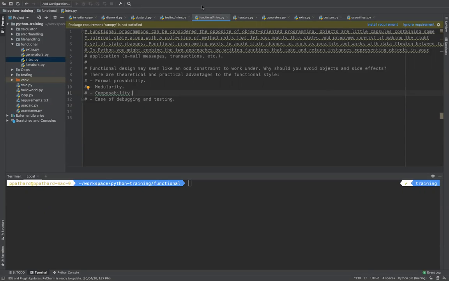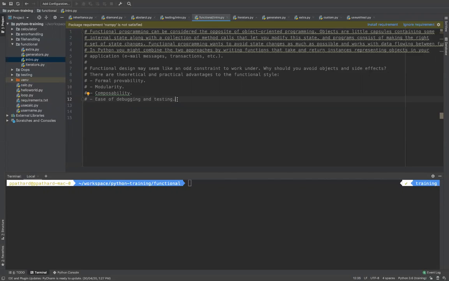So Python can be used in three ways. One is procedural, second one is object oriented, and third one is this functional programming. Some of the concepts around functional programming are taken from other languages also.